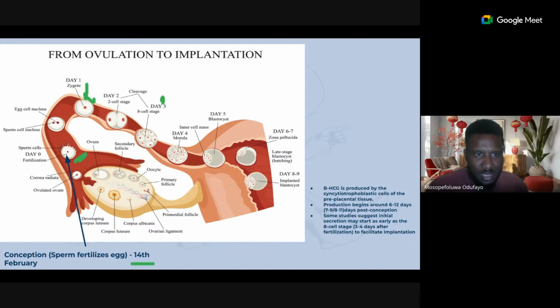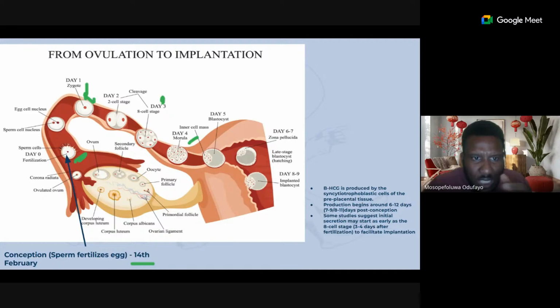We are already in that 16-cell stage, which is the morula. This is just embryology that I'm talking about. Then the very important thing is that after the morula happens, we begin to have what we call the blastocyst, which is that all these multiple cell clumps that have arisen as a result of cell division make space within its center, and then we now have a fluid collection there.